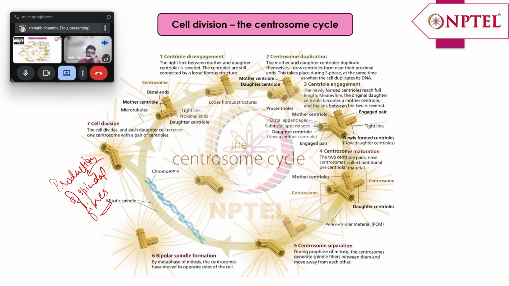What happens is the centrosome first divides. So this is the centrosome, and it has to divide into two centrioles, because the cell will also be divided into two daughter cells. So this centrosome gives rise to two centrioles. This is the mother centriole, and this is the daughter centriole. These centrioles actually give rise to